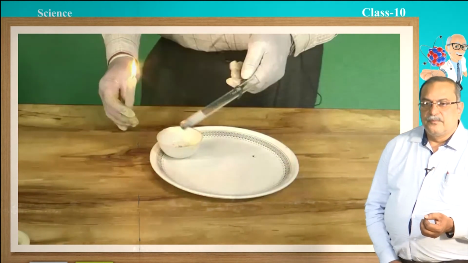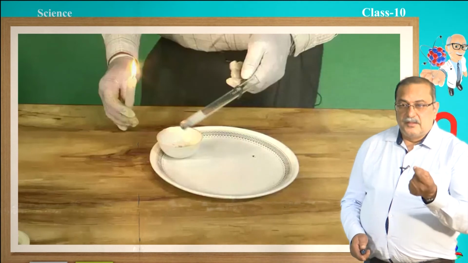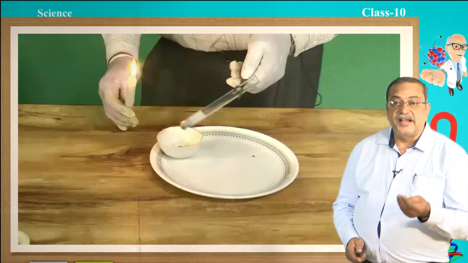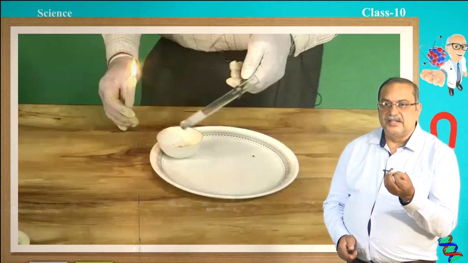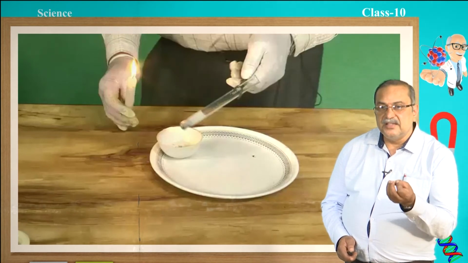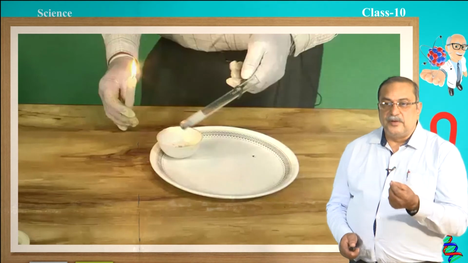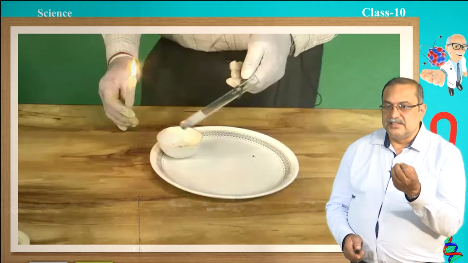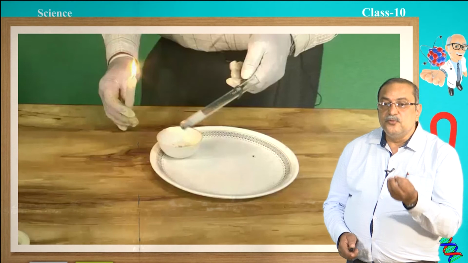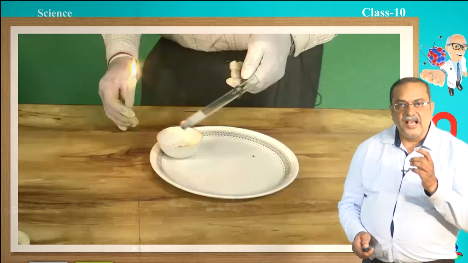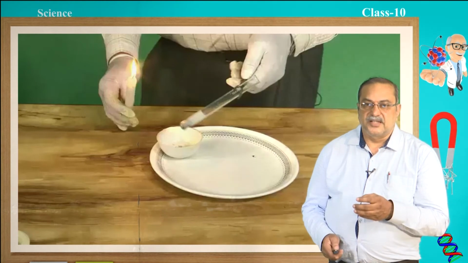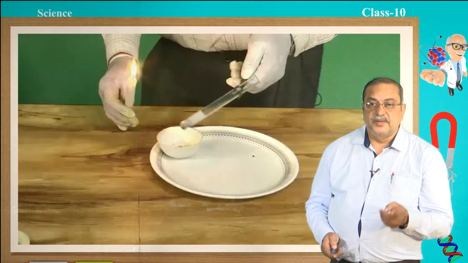So, this is the indication that this is hydrogen gas. If the gas is liberated in very small quantities, it catches fire and burns with a blue flame. The hydrogen which is liberated burns with a blue flame at the mouth. So, this indicates that the gas which is liberated is hydrogen gas. You know that hydrogen is a combustible gas.